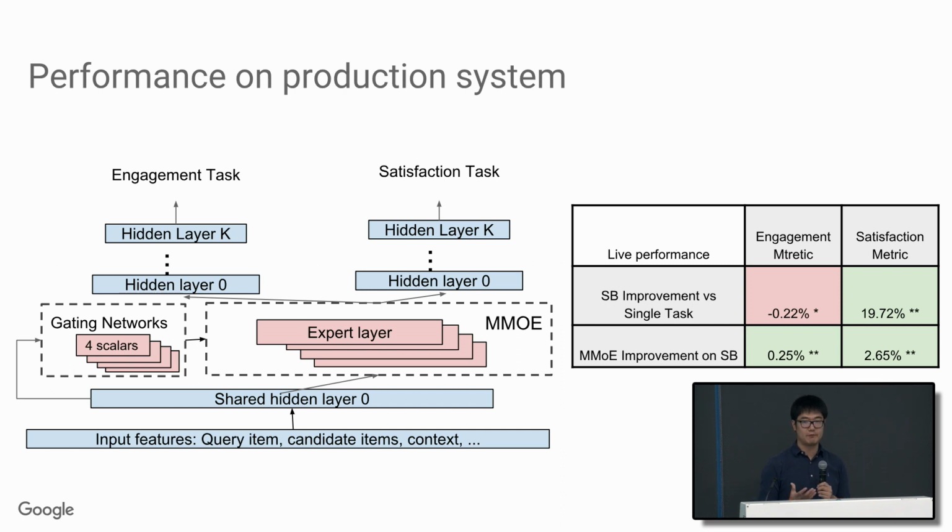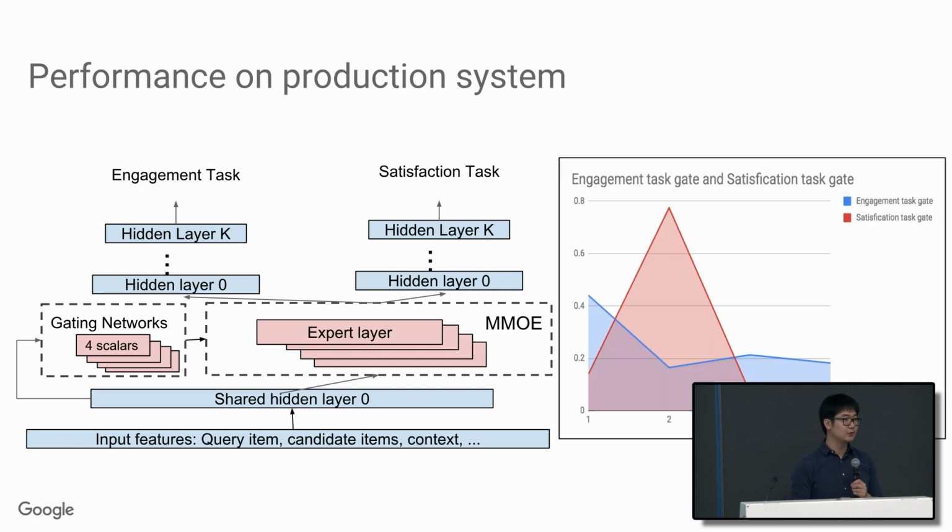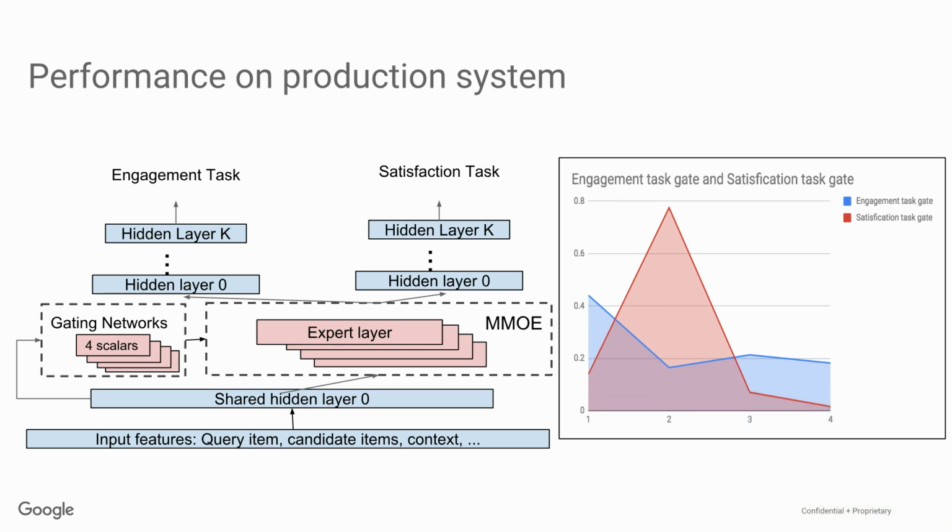To further visualize whether this mixture of experts architecture works, we also plot this graph to show the importance of each of the tasks. On the x-axis is the expert's ID. Here we have 4 experts, and the y-axis is the importance of each task on the gating network. Because we have a softmax gate, it means the probability of each task using each of the experts. You can see the engagement task, because that's the main task and has the majority of the data, usually utilizes all of the experts. While the satisfaction task, because it has much less volume, uses only one of the experts more importantly than the others.